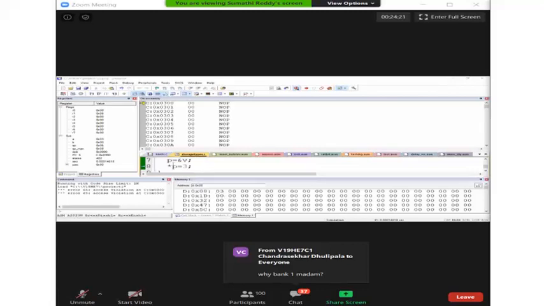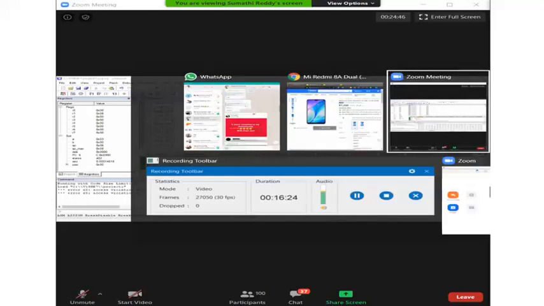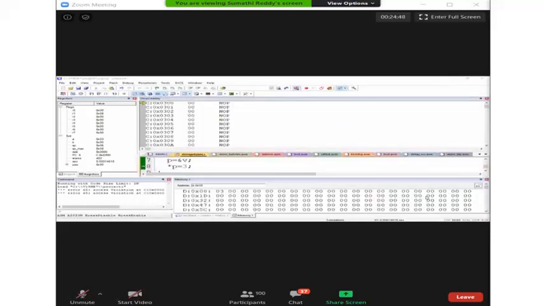Why is it loaded into the 08 location? Because you know already star P means it is modifying the variable content whichever it is pointing to. Means V content is getting modified or not? Why bank 1? Bank 0 is reserved because when you go for function calls, your general purpose registers are being used for passing arguments. Not only for function calls. In the same example, you can observe here. Let me go to the top one.